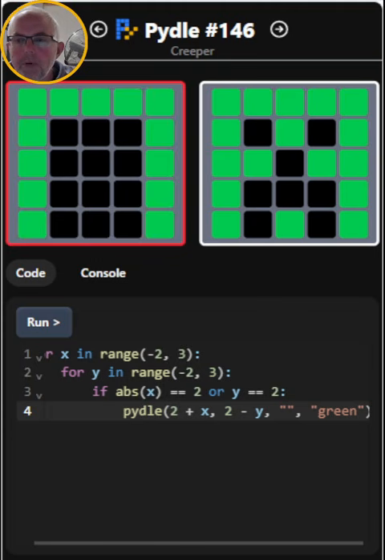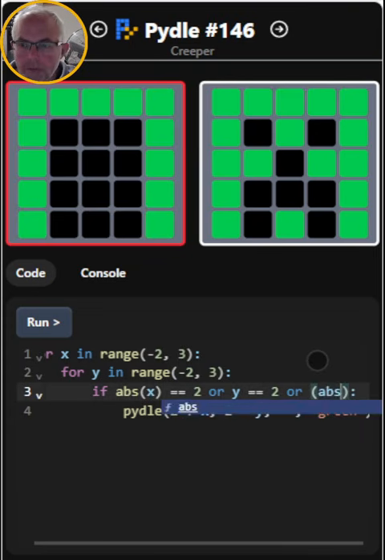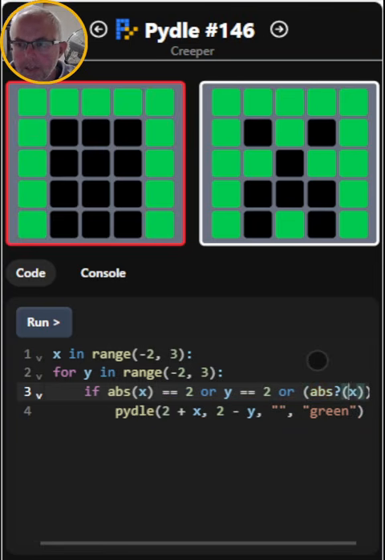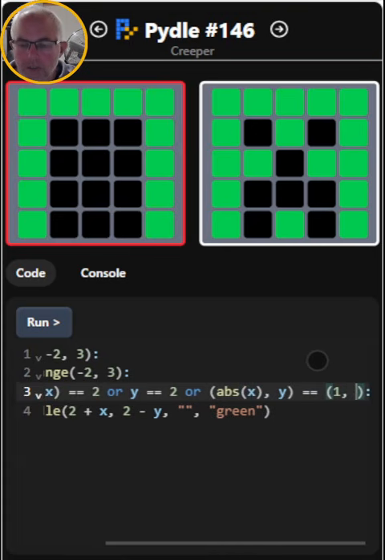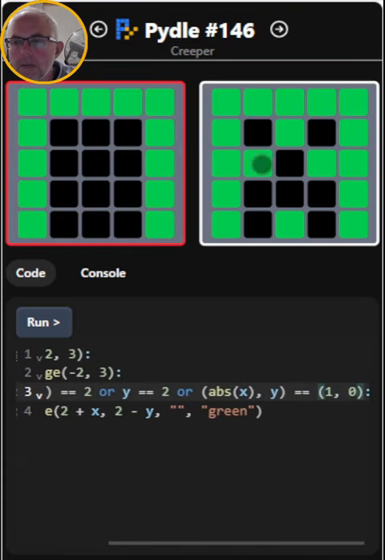Okay, so we need a few more green pixels. Let's just tackle the ones on y equals 0, and we're going to create a tuple of absolute value of x, comma y, equals 1 comma 0. So y is 0 there, and x is either 1 or -1. That's why you take the absolute value of that. Okay, so that one's done, and all that remains is